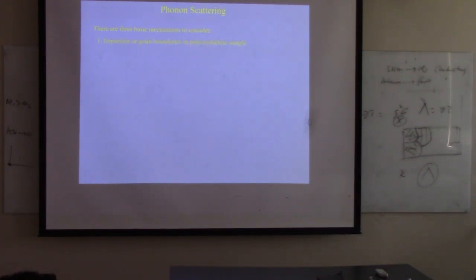Okay, so we talked about this phonon scattering here. These are the basic mechanisms to consider in phonons. Impurities, or grain boundaries in polycrystalline sample boundaries, these are the scatterers, right? Even if you have some kind of impurity, this phonon can get scattered from